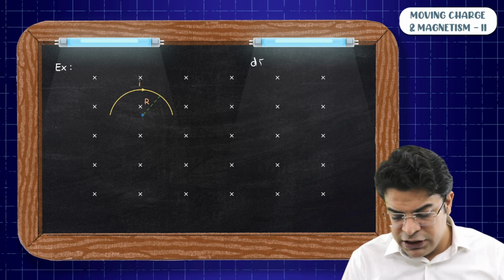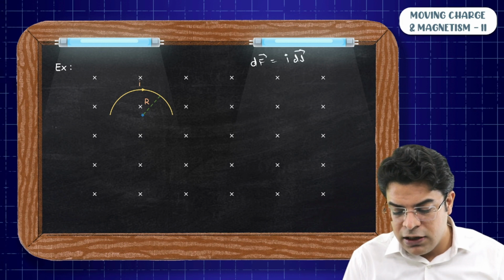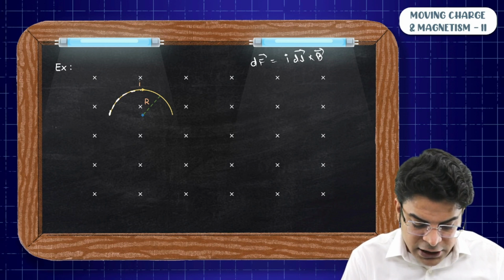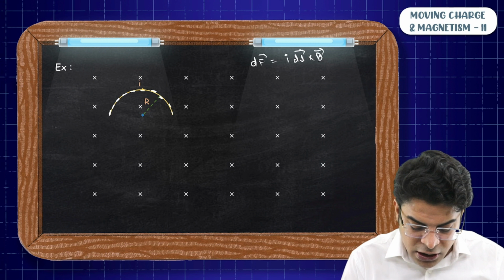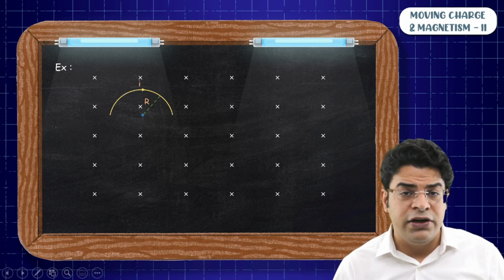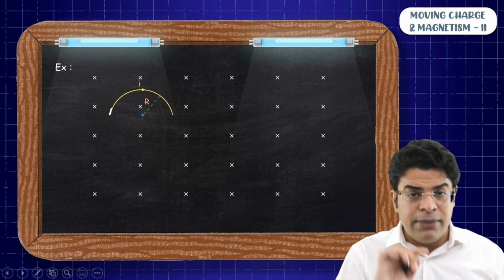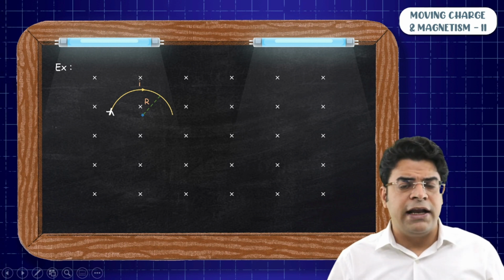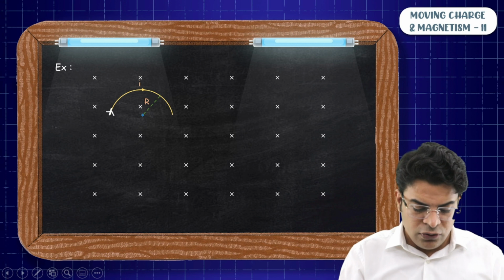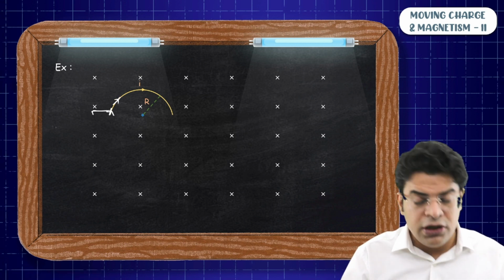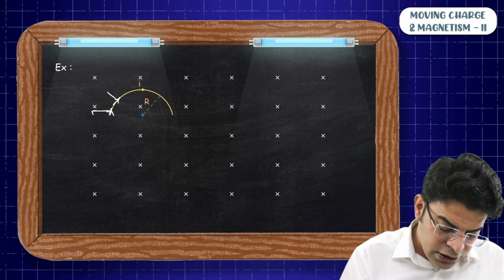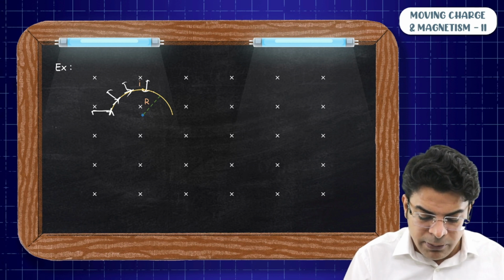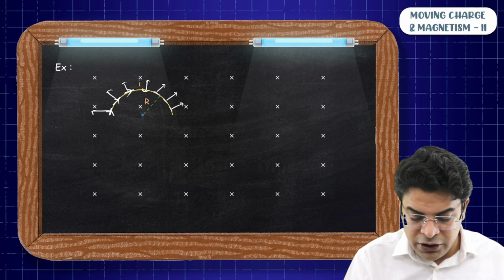If you think using dF equals I into dl cross B, then for each small length, you have to think about dl and what the direction of force is. Every time you take one small length dl, the direction of dl has to be the same as the direction of current flowing in that part. So in this part, the current flowing will be here. The direction of force dl cross B comes out to be radially outward. If you think of this part, dl cross B, again radially outward. And this part, again radially outward. So similarly, on each small element on the wire, the force will be radially outward.